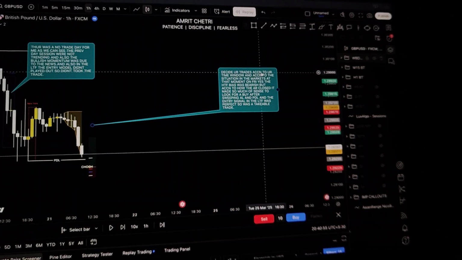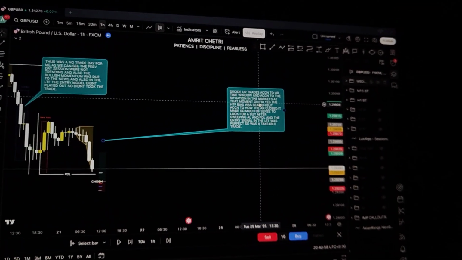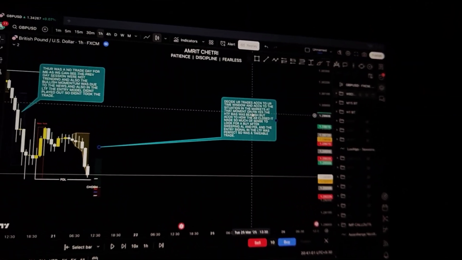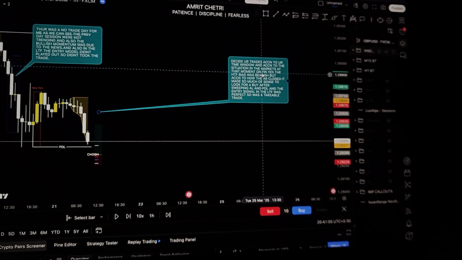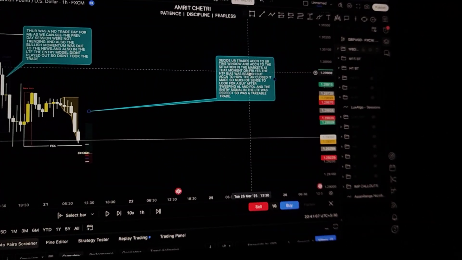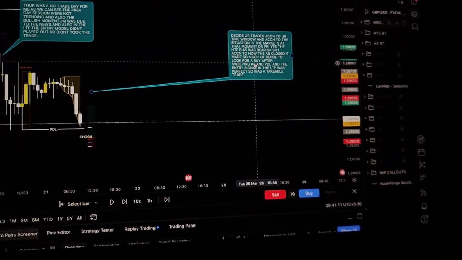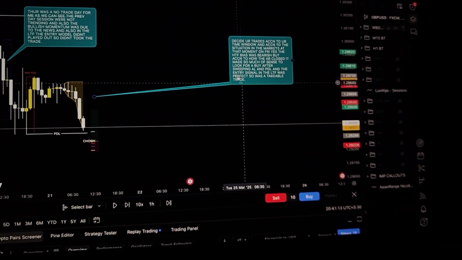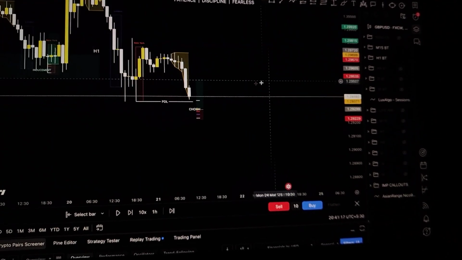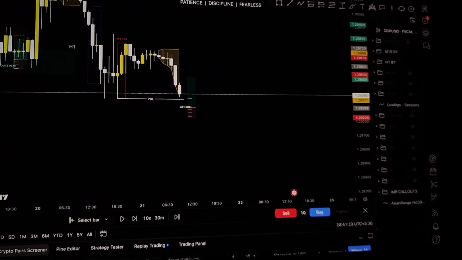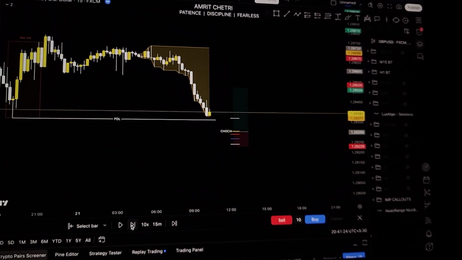Here I've written: decide your trades according to your time window and according to the situation in the market. Your bias in the higher time frame may be bearish, but who knows, the price in your time window may be bullish for some hours and give you a bullish move. In this case, the Asian range literally went to the downside, and it made so much sense to look for a buy. The entry model was also so clean that I couldn't resist taking this trade. I would take this trade any day in the markets.